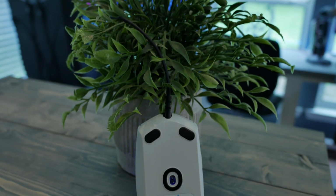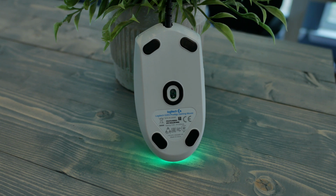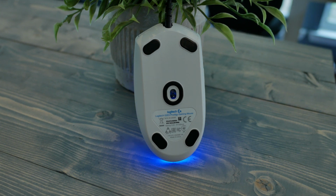Now, with the sensor, I can really only give it a best guess, and I even checked Reddit sources. I checked some mouse enthusiasts to see if anybody had a good definitive answer on it. I'm sure somebody would have torn this apart and found out what UL number is on there to kind of track it back to what sensor it is. And it seems,